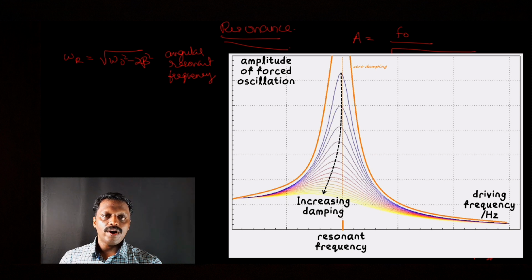So on increasing beta, the resonant frequency is found to be decreasing from the natural frequency, and also the amplitude decreases. It is interesting to note that the width of the resonance curves shown in the figure depends on damping. The less the damping, the narrower the resonance. The message is that if you want a driven oscillator to resonate at a very specific frequency, you need as